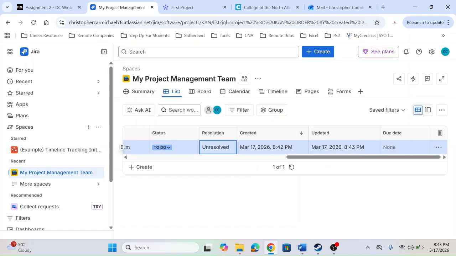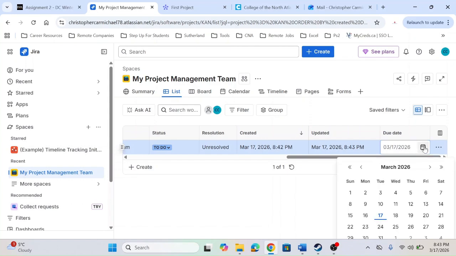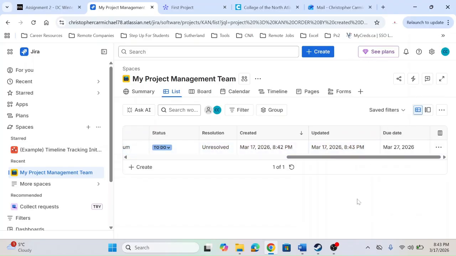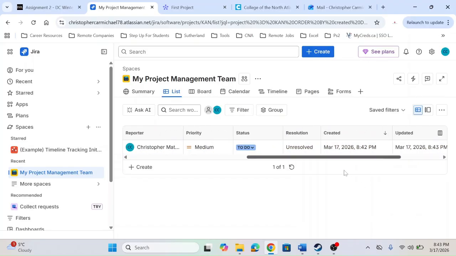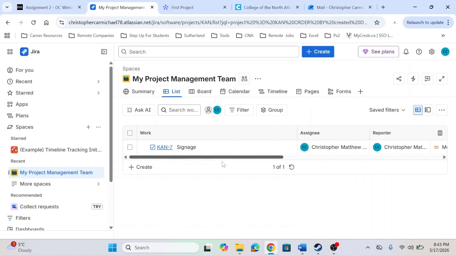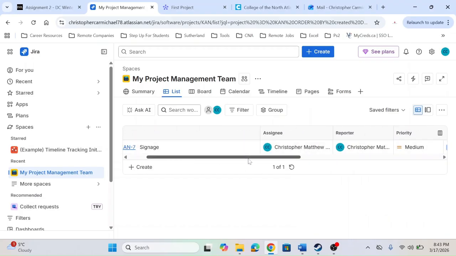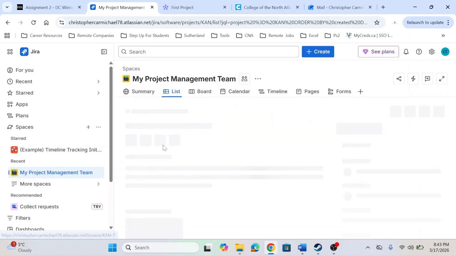So this is created, updated. It has no due date on it right at the moment. So, but we can put one. Let's just say we're going to put it for end of next week. And that's our due date. So this is our task that we have, and we have an assignee as well. And we can go within the task